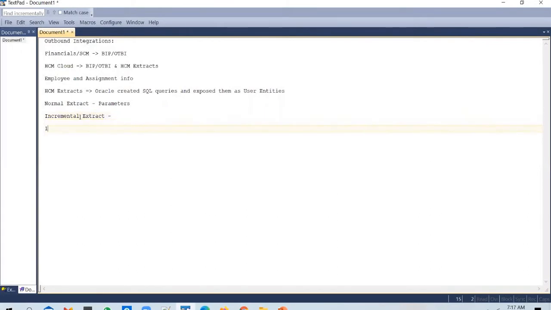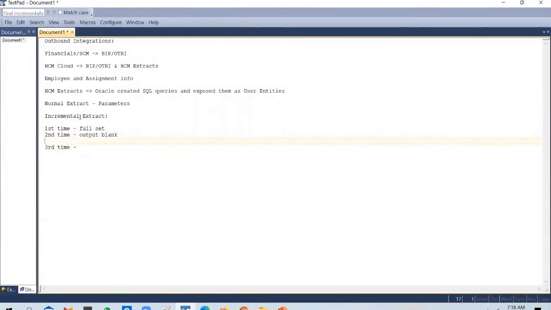So the way incremental extracts work is: first time, full set. Second time, the output should be blank in case no employee has been updated. Before we run it the third time, we're going to see this in practice today.